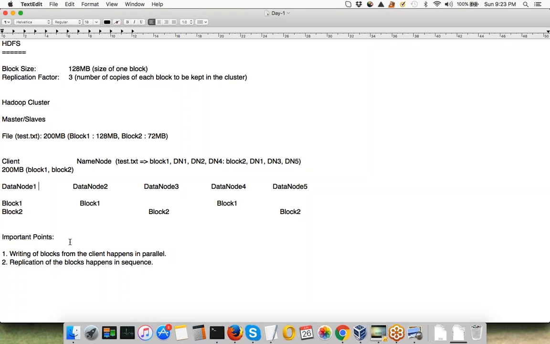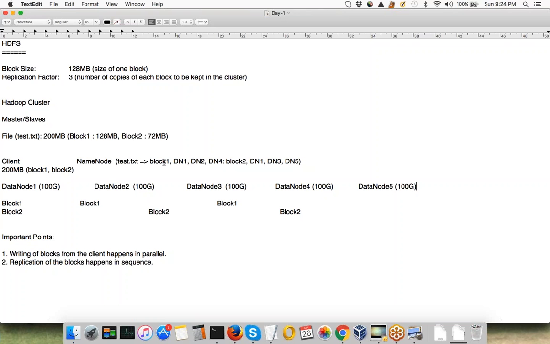Okay, so let me just write that the capacity of this data node is, let's say, 100 gig, right? Similarly, every data node has capacity of 100 gig, right? So to begin with, name node will know the capacity of every data node. So it knows which data nodes have free space. To begin with, every data node had free space because there was nothing present in the cluster.